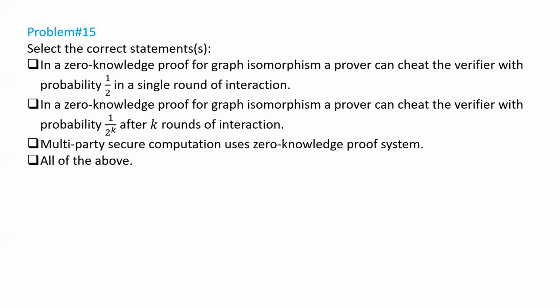So for the graph isomorphism case, if you remember, the problem is that given two graphs, say G1 and G2, the prover actually knows that these two graphs are isomorphic to each other. But how does it prove that it indeed knows the bijection between these two isomorphic graphs? It cannot disclose the bijection itself to the verifier, because in that case the verifier will also have the